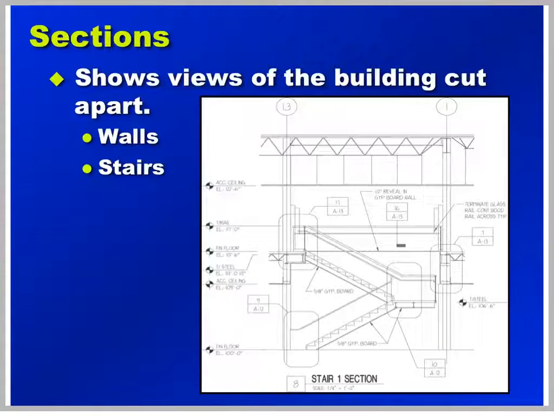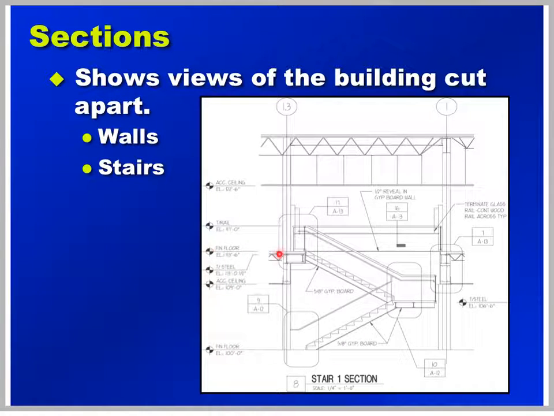Sections are cut through portions of a building to show all the components and their relationships of how they go together, such as wall sections as seen here in this stair section. Note, there are still additional details indicated by these bubbles with flags that they're off to the side right here, identifying which sheet to go look at. Also note that the floor elevation here at 100, they're showing a ceiling elevation, a top of steel